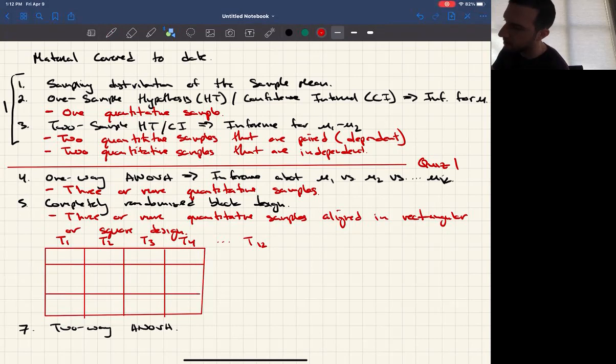So this is going to be block 1, block 2, block 3, up to block K,